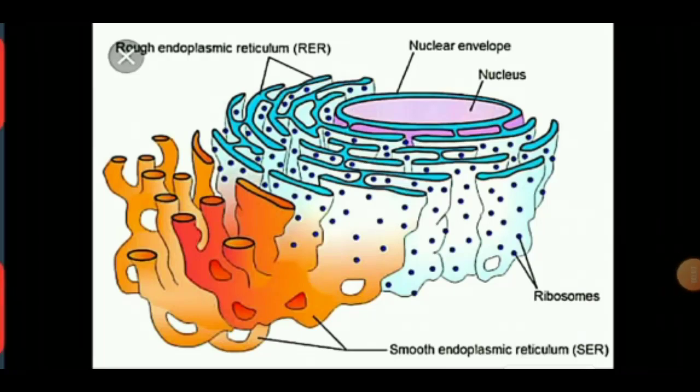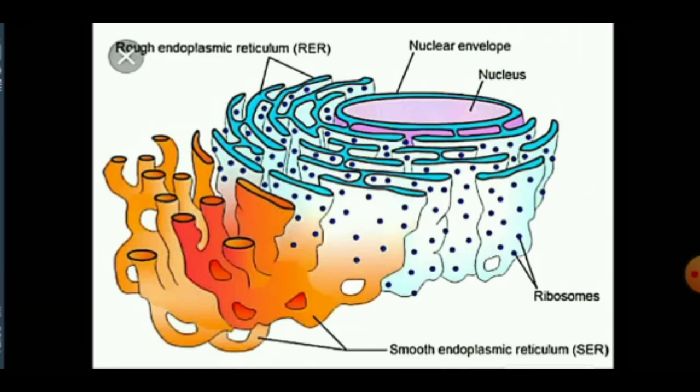The cell organelle which we are going to talk about is endoplasmic reticulum on page number 63. It is a network of interconnected channels that are present between the cell membrane and the nuclear envelope. There are two types of endoplasmic reticulum, RER and SER. RER stands for rough endoplasmic reticulum. Due to its rough appearance, it has been given this name. They have rough appearance because a number of ribosomes are attached to it, which you can clearly see in the picture. Its function is to synthesize protein.